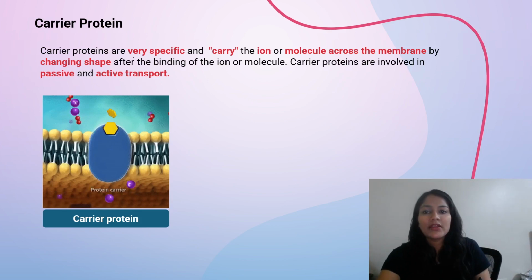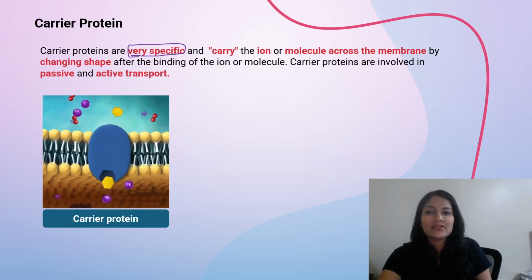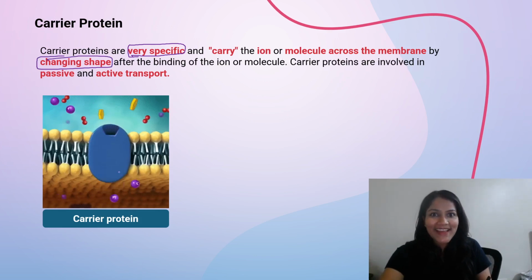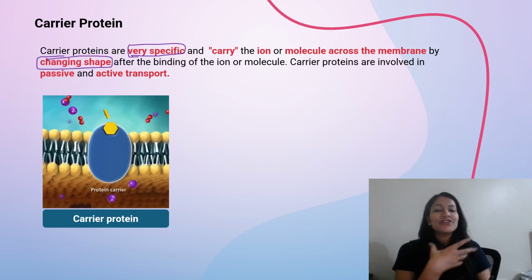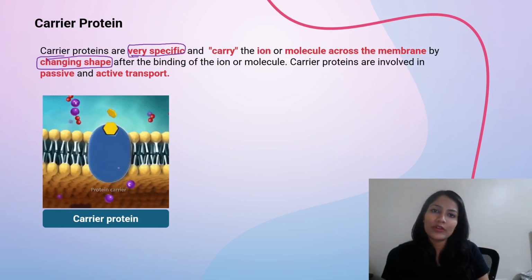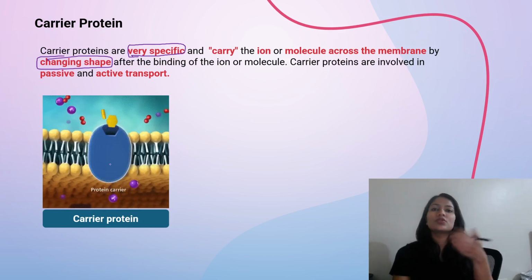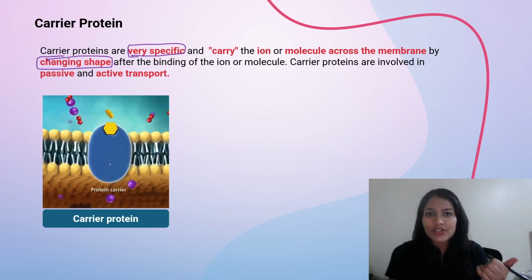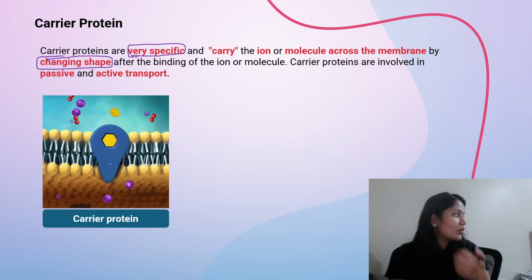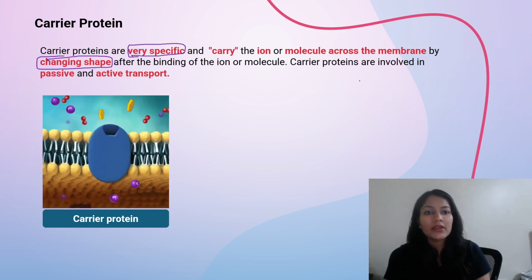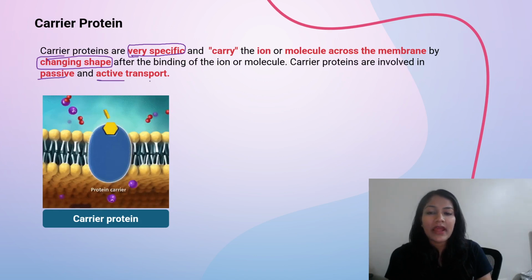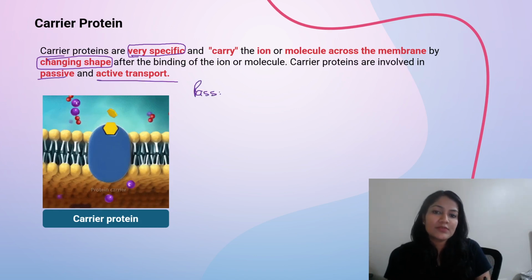सबसे पहले हमारे पास कैरियर प्रोटीन आ गया कि भाई कैरियर प्रोटीन क्या होता है। सो कैरियर प्रोटीन सबसे पहली चीज बड़े स्पेसिफिक है, जैसे सोडियम पोटेशियम फॉर्म, ठीक है, एंड कैरी द आयन ऑफ द मॉलिक्यूल अक्रॉस द मेम्ब्रेन बाय चेंजिंग शेप। जैसे आप यहाँ पे देख सकते हो, दे आर चेंजिंग शेप, दिख रहा है कैसे शेप चेंज हो रही है। सो दे आर गोइंग टू चेंज द शेप आफ्टर बाइंडिंग टू द मॉलिक्यूल। जिसको भी ट्रांसपोर्ट करना था उससे बाइंड करेंगे तो इनका शेप चेंज हो जाएगा, दे आर गोइंग टू चेंज देयर शेप एंड हेल्प इन द ट्रांसपोर्ट ऑफ द मॉलिक्यूल अक्रॉस द मेम्ब्रेन, ठीक है।